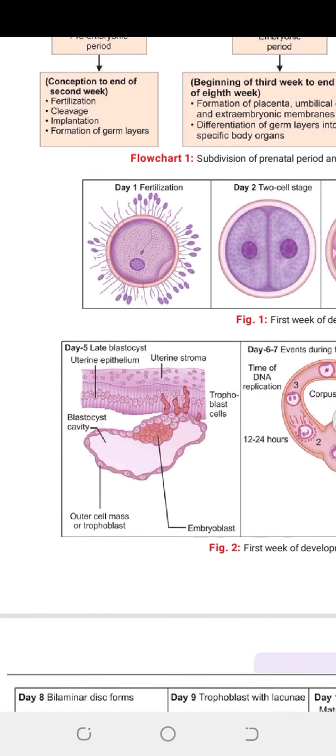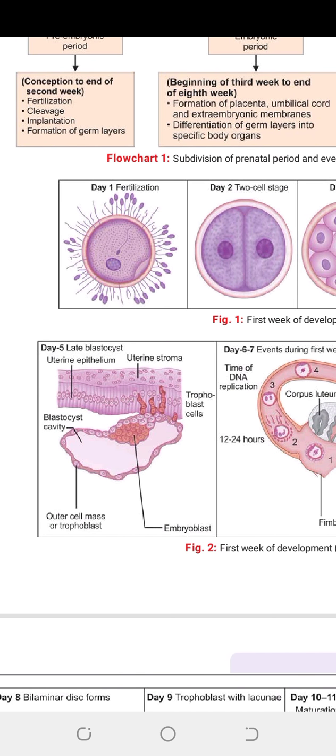Finally, it reaches the site of adhesion, the site of implantation. This is the late blastocyst, and the inner mass is called embryoblast, and the outer mass forms the trophoblast,